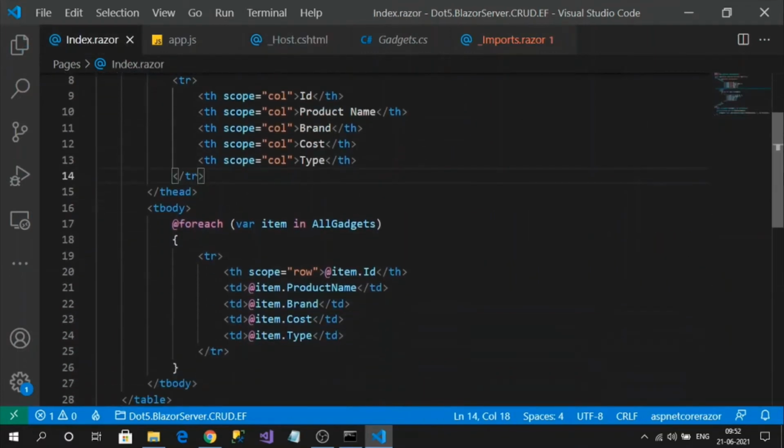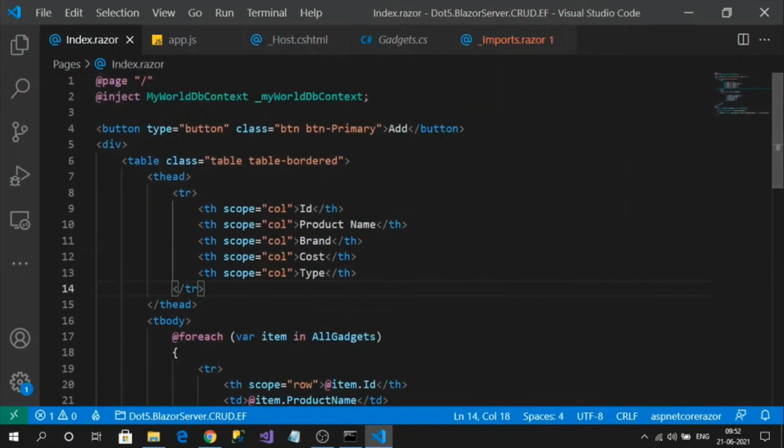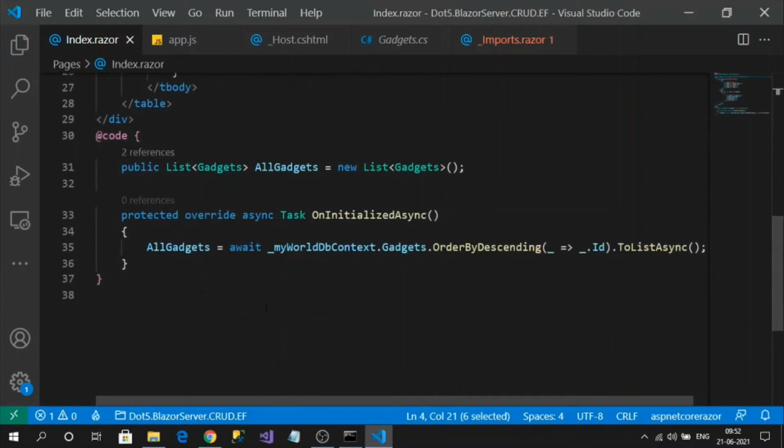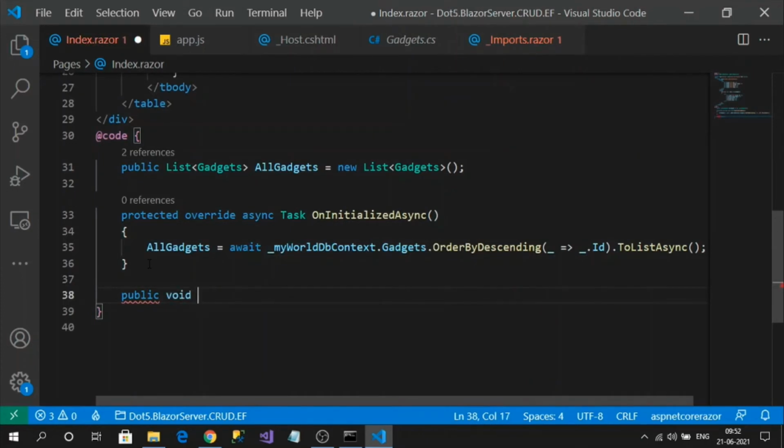Now, once this button is clicked, I need to invoke the pop-up. For that, I will create a method, public void OpenCreateOrUpdateModal.